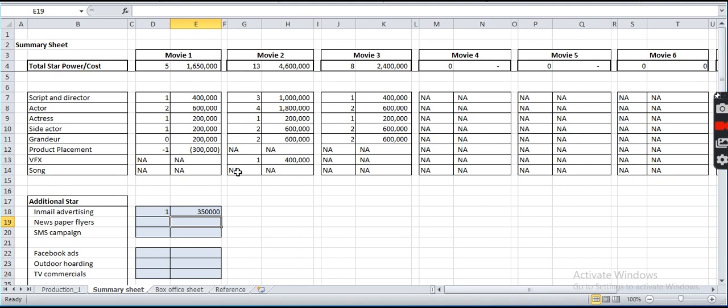What I highly recommend is, as a team, get on a video call once you've read these rules, and this will take you around 30 to 40 minutes really to discuss, allocate your monies, and figure out, do you want to make one big blockbuster movie, or do you want to make multiple smaller movies.